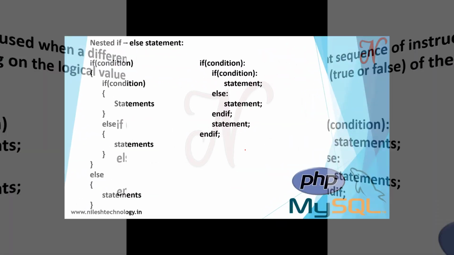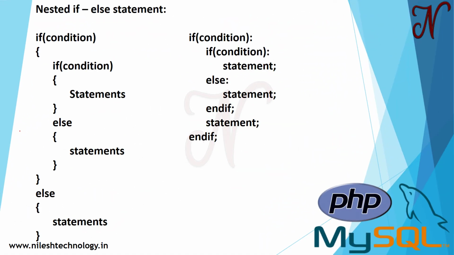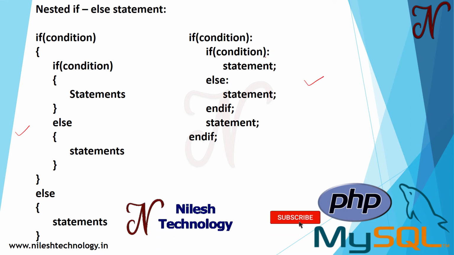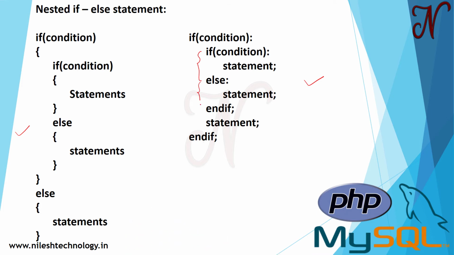Same here, nested if else. This is the normal syntax, and this is the new syntax in PHP. If condition colon, then here again one more if, else, here we close the if, and this is the endif. If there is an if else statement, then see here if, then elseif, and pass the condition, then again a colon, again a statement, then else, and then the endif. There is one more keyword, elseif, which is also used in this nested if else statement.